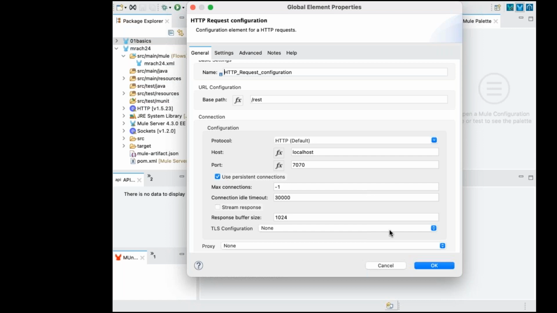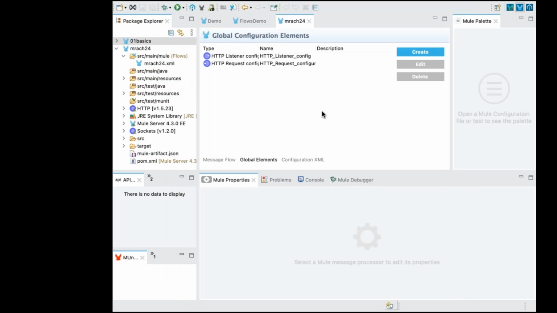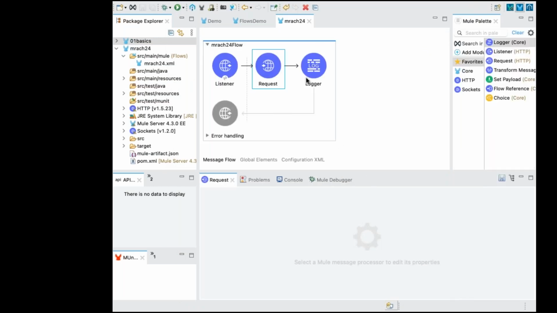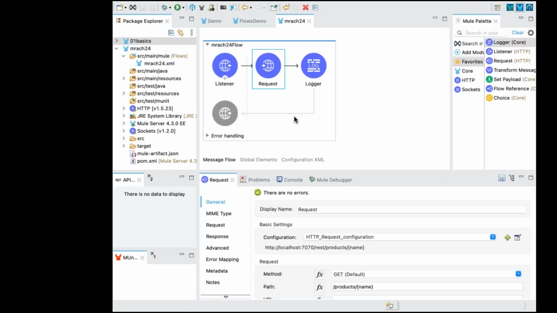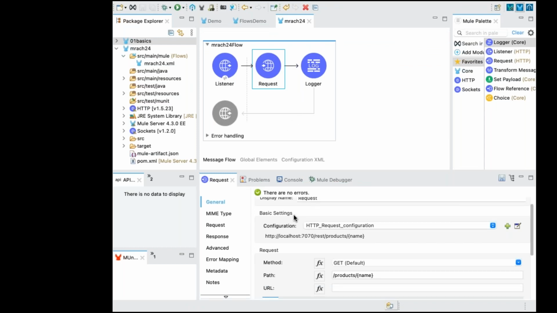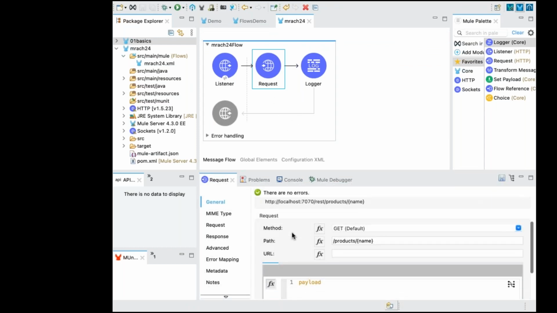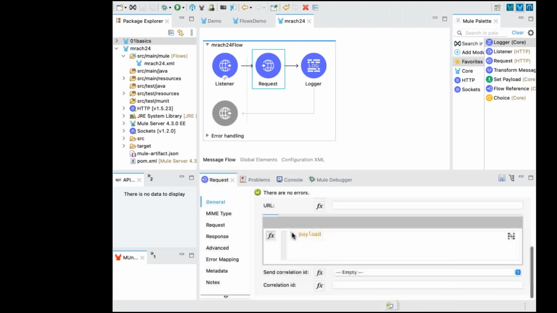Okay, that's fine. Go back, click on OK. And the URI parameter expression, can I see that? Request. One second, hold on. Slash products slash name. Just come down. Yeah, scroll it up.